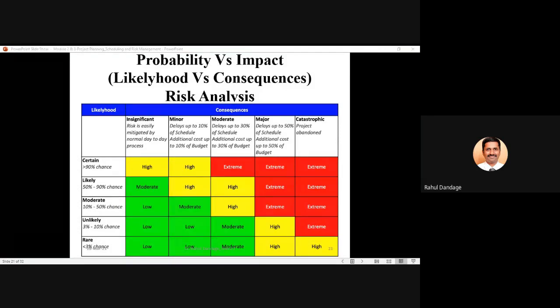So I hope that today's discussion regarding the Gantt chart and project risk management and the different stages in project risk management, you have understood, and you will be able